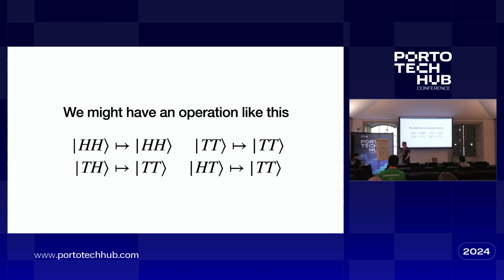Now, we can attempt to factorize this, right? I apologize if my handwriting on this is terrible, but look, we can factorize. We have a tails, tails here, and here, and here, right? So we could attempt to factorize this tails, tails out and have it acting, multiplying tails, heads, plus tails, tails, plus heads, tails. But then we'd be left with this guy here. There's no way I can factorize this matrix into a product like this, okay? And so the effect of this matrix is that this process can create correlations.